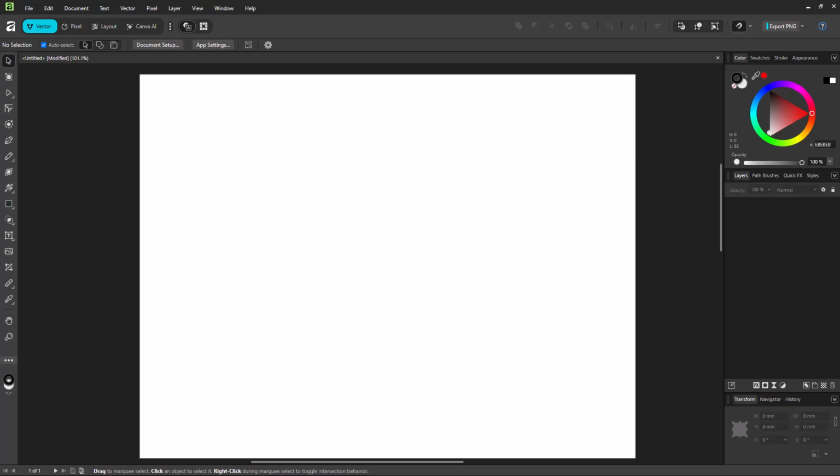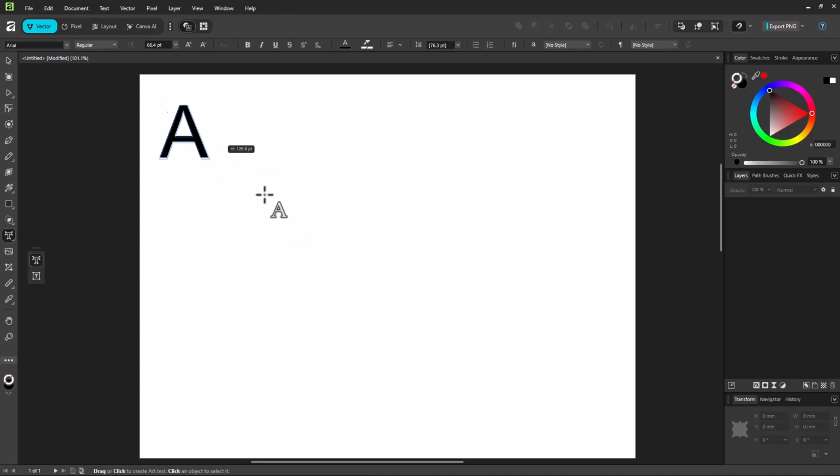So what you can also do is add in bullet points and numbered lists, that is ordered and unordered lists, as you want in Affinity. So for that, I'm going to grab a text box right here, or a regular text as you can see, and I'm going to say, let's say for example, this is first